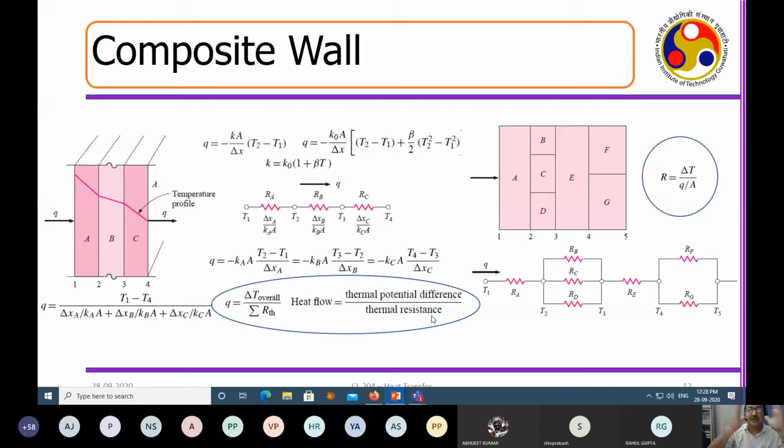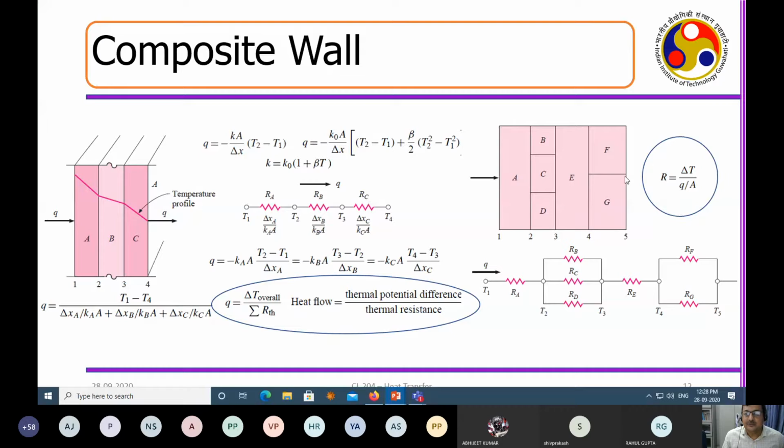So you can see, for an electrical flow, what exactly do you do? What is the ratio? It is the total potential difference, V equal to IR, right? Current is the flow, right? So what is that? That is equal to V by R. Total potential difference divided by total resistance provided by the wire. So similarly, you can really put this as a network, RA, RB, RC.